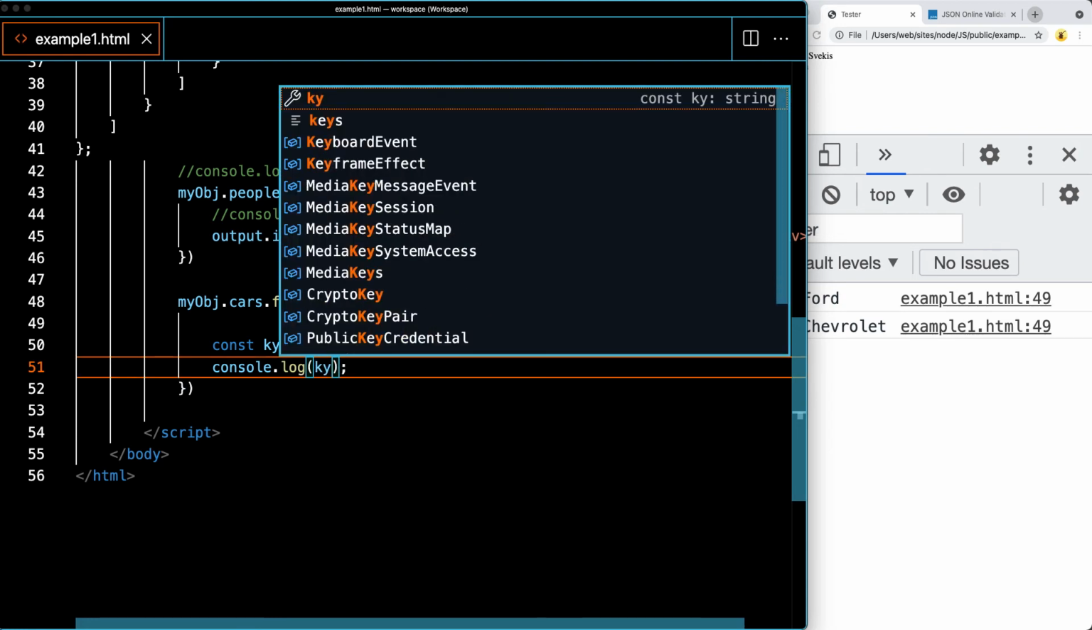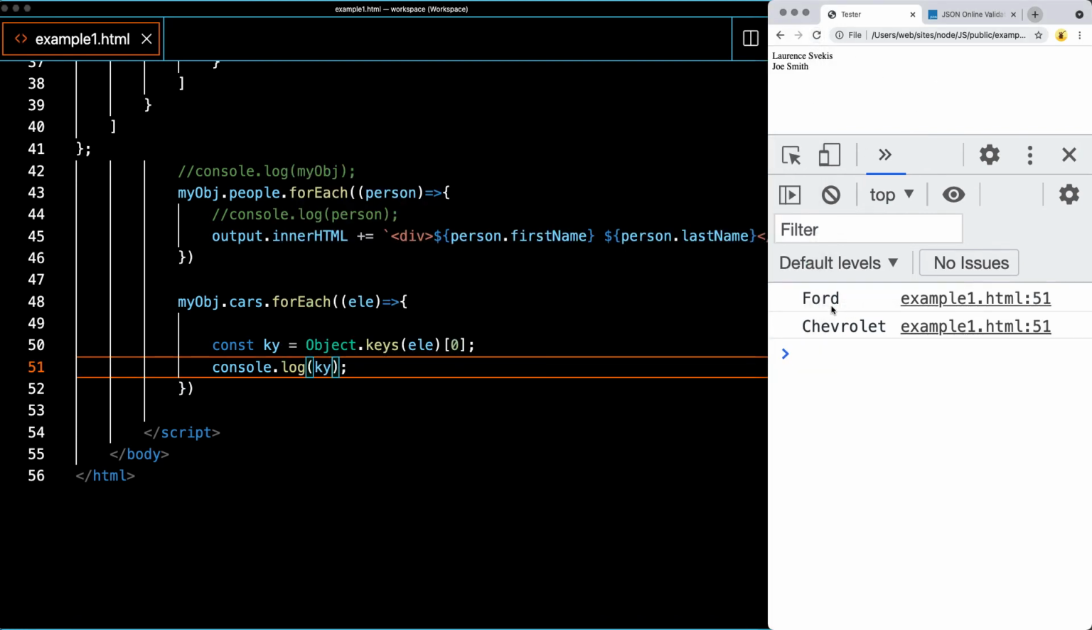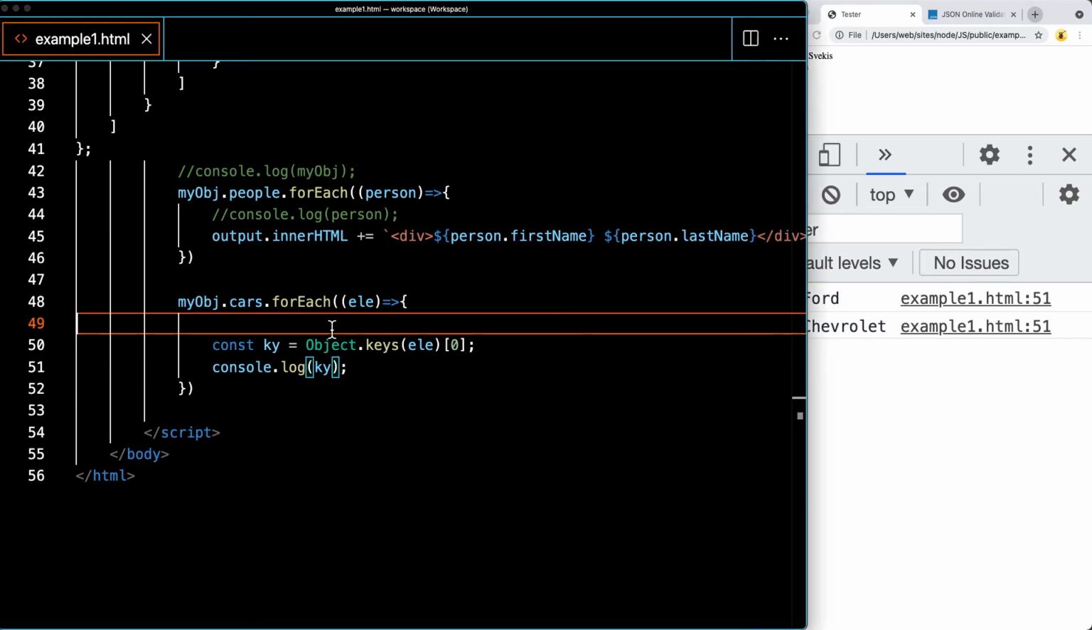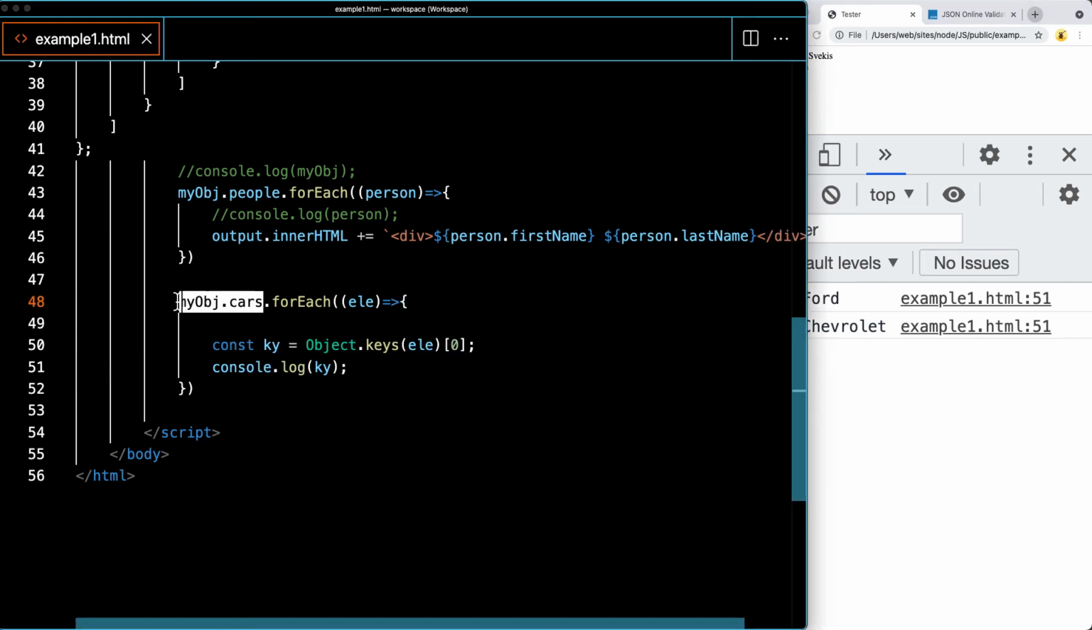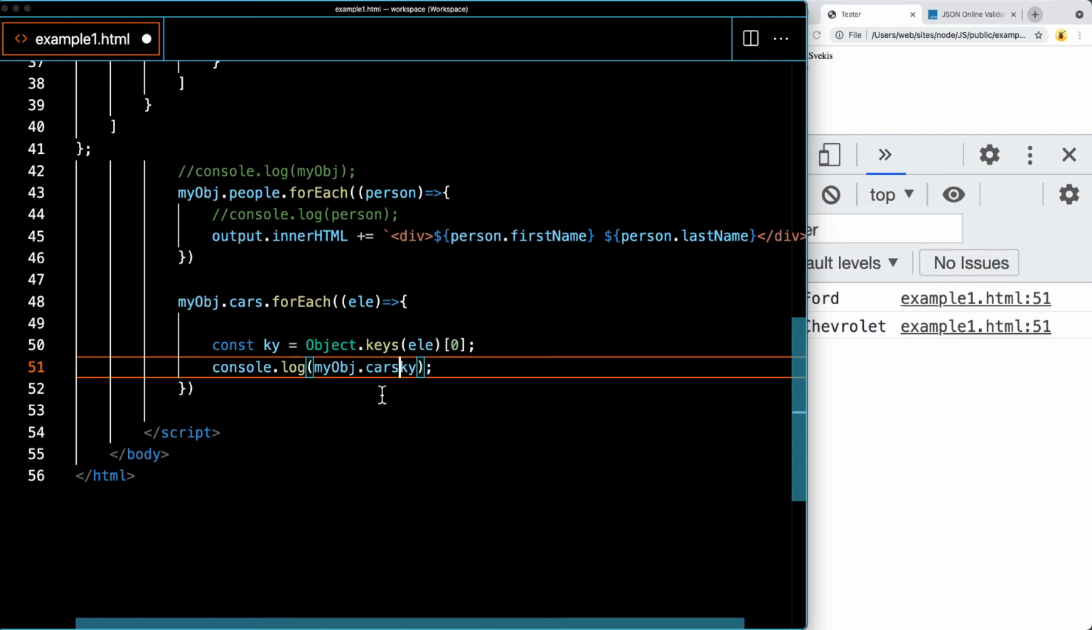So just KY, and it's outputting the string value for key. So that doesn't change. That still gives us the Ford and Chevrolet. So now we want to go into the objects, the my cars objects, but we want to use the key value to return back. So that's where bracket notation comes in, because that allows us to dynamically control the property